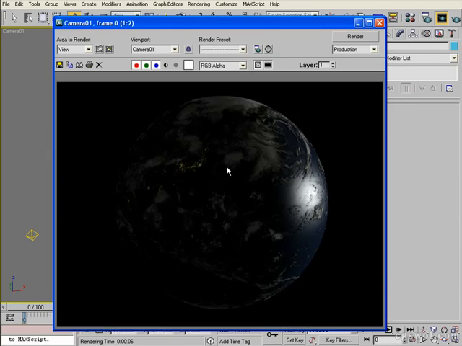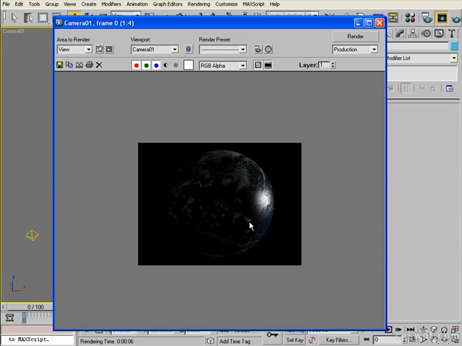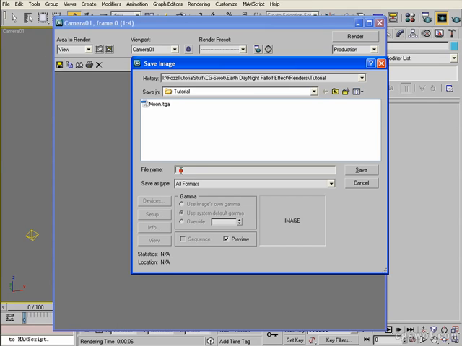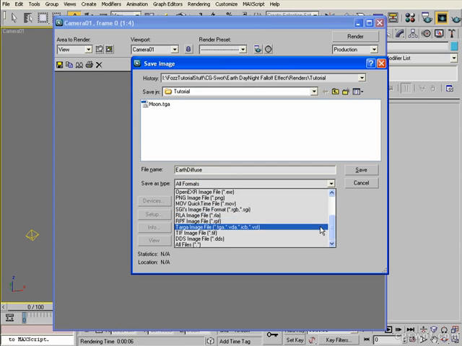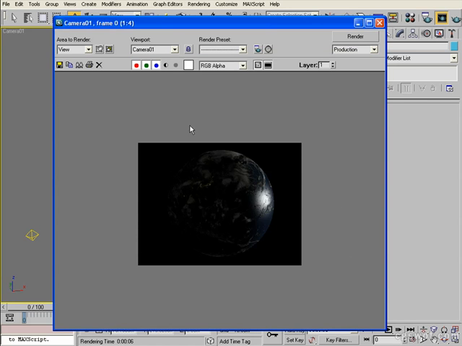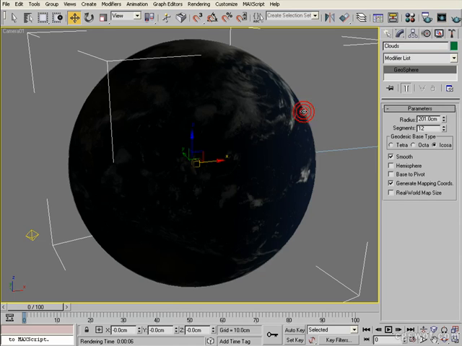Once again, scale this down so we can see it in the window there. So there's our Earth, and what we want to do, I think it's probably too late to change the lighting given that we've done the Moon, but this will be fine. So there's our Earth there, and what we're going to do, we'll save that file as Earth diffuse, same again as a TGA, click save, OK,